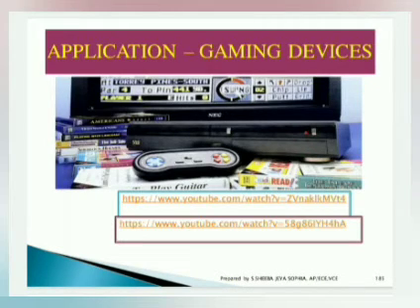What is the main purpose of using this instruction set? For example, you can take a real time application like gaming devices. If you are playing a video game, you have to instruct it to move. You are using a button to move, but how is it moving? The hardware control is connected, and also the software is given. When a particular condition of the gamer is satisfied, suddenly the game will get terminated. It will indicate, okay, you have won, or you have been defeated.